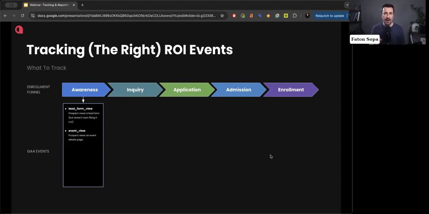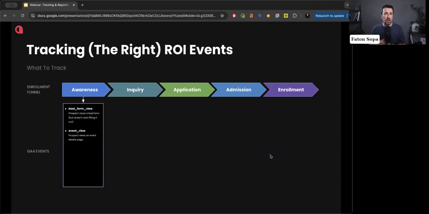This is where you track when a lead form has been shown to a prospective student. Then you have the event view. This is where you show an event to a prospective student. And the reason that you want to track the views and then the other events is first to understand the journey, then to discover any potential bottleneck along the way.